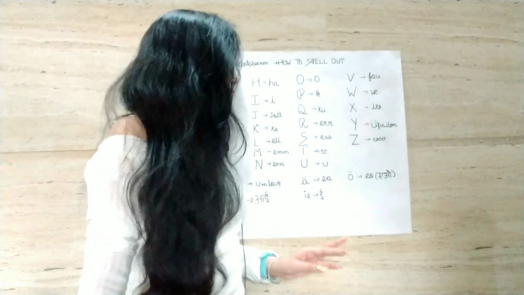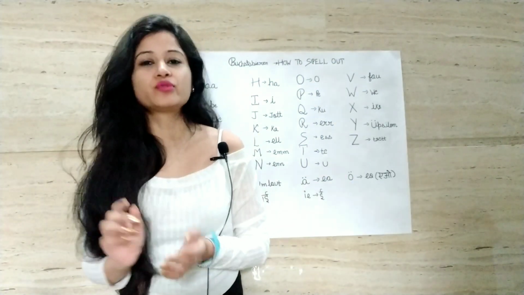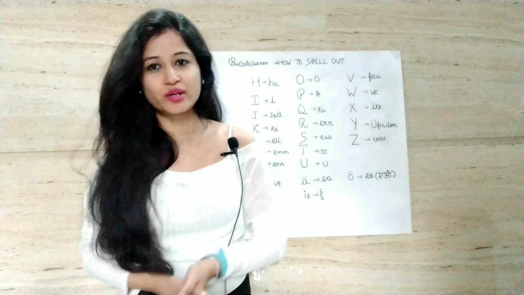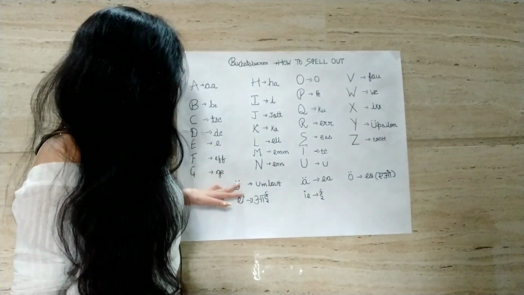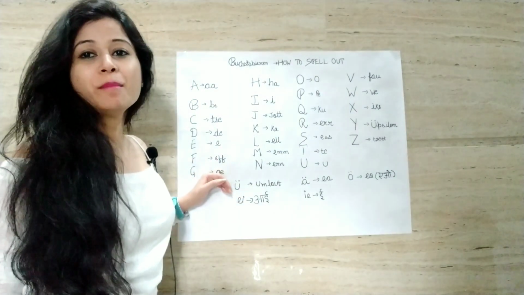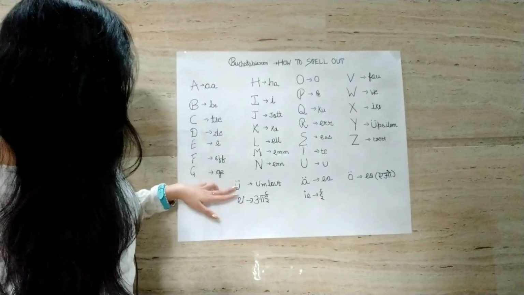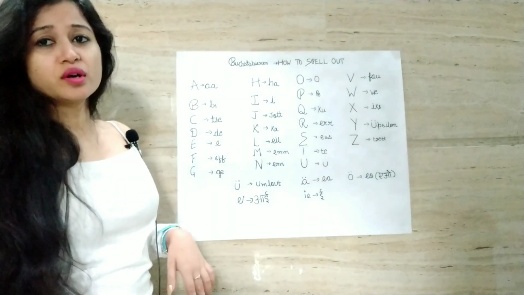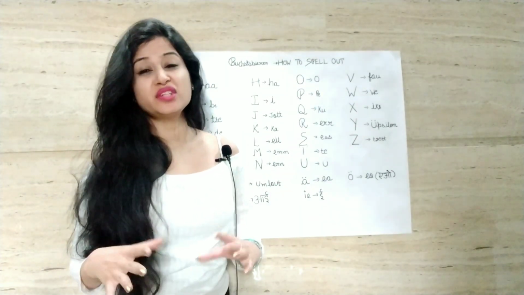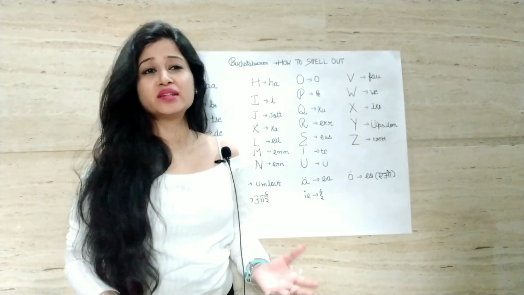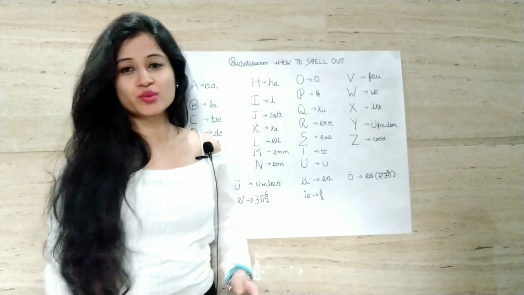Okay? So this is all about the alphabets. And apart from this, there are a few more that we need to learn. So let's get on with that. U with two dots on the top. These two dots are known as umlaut. And its pronunciation is EU in German. Whenever we use U with two dots, it becomes EU, like you didn't like anything, it didn't taste good, and you were like, ew. So this is what is used in German language.